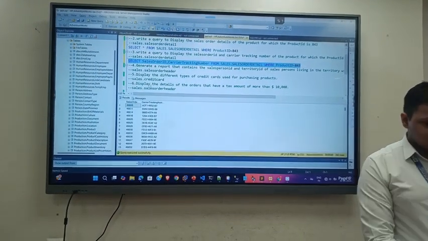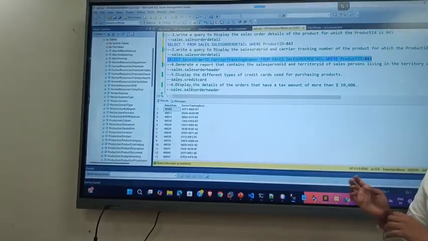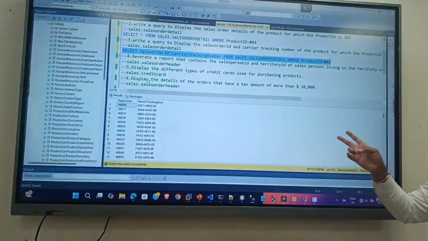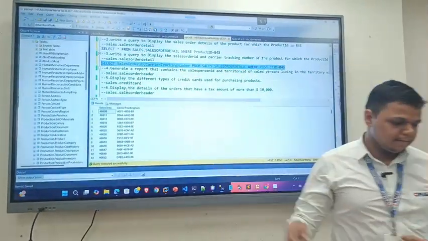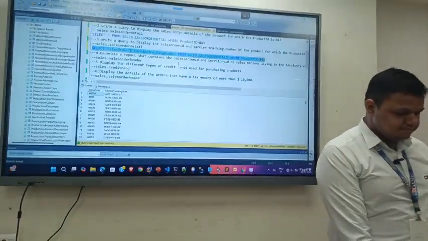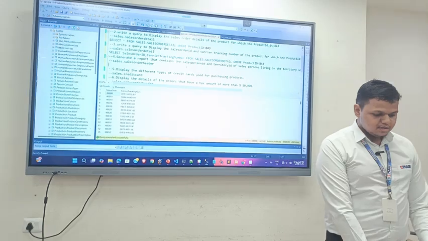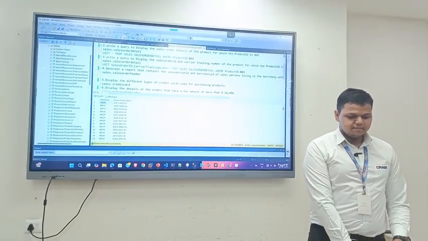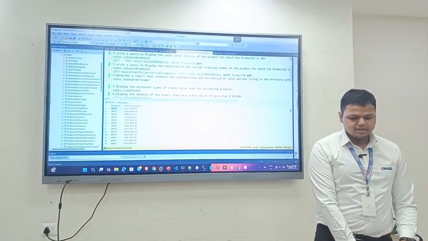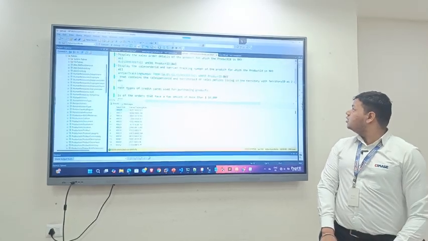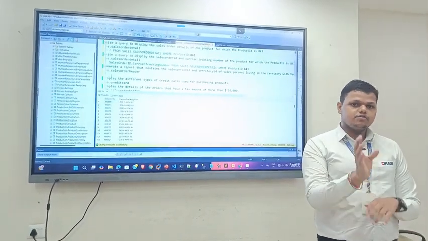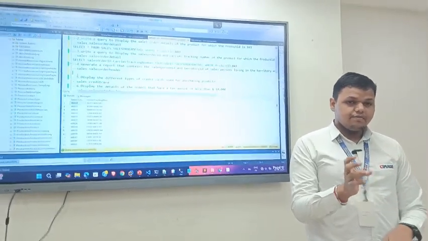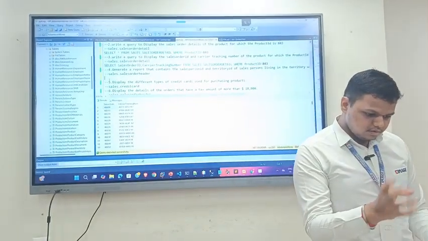So here we can see that we have got only the two columns that are the output of the question, according to the question. So I will now go with the fourth question. Report that contains the sales territory ID of salespersons living in the territory 2 or 4. I will be using the OR operator here, which is used when we want to give any condition.